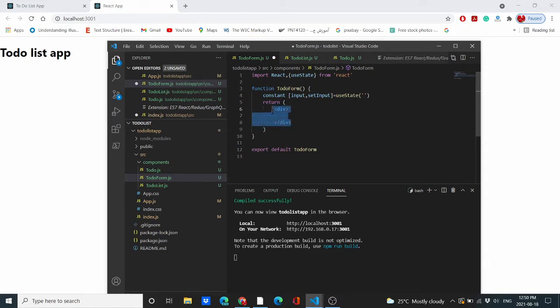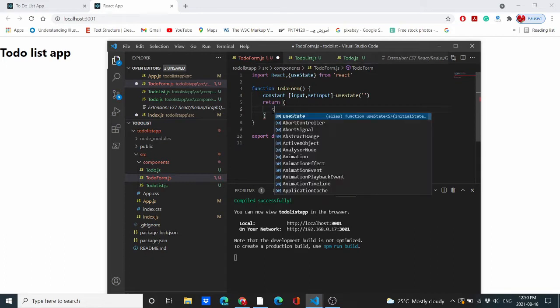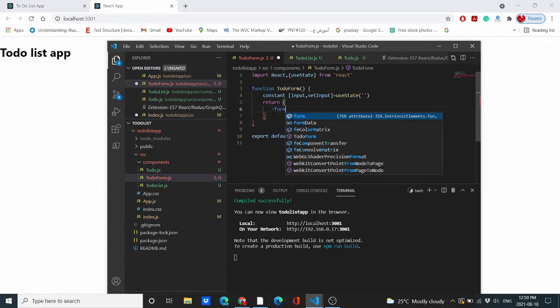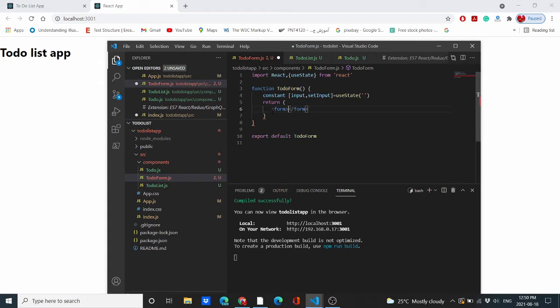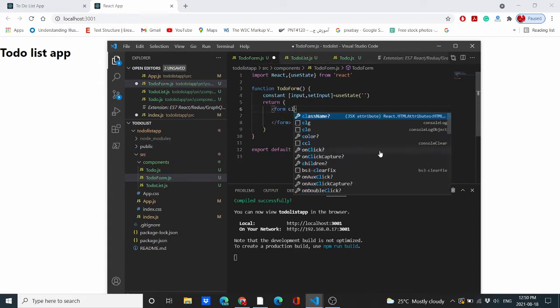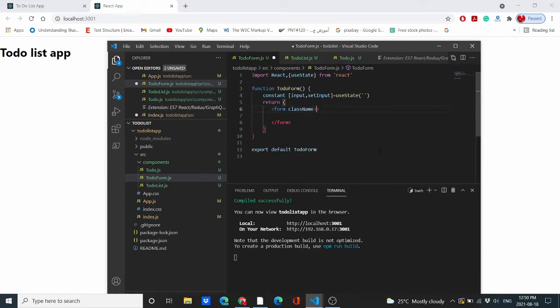So we delete the div here and use the form for this part. So use form, and use the class name here, className equal app to do form, to do form, and then